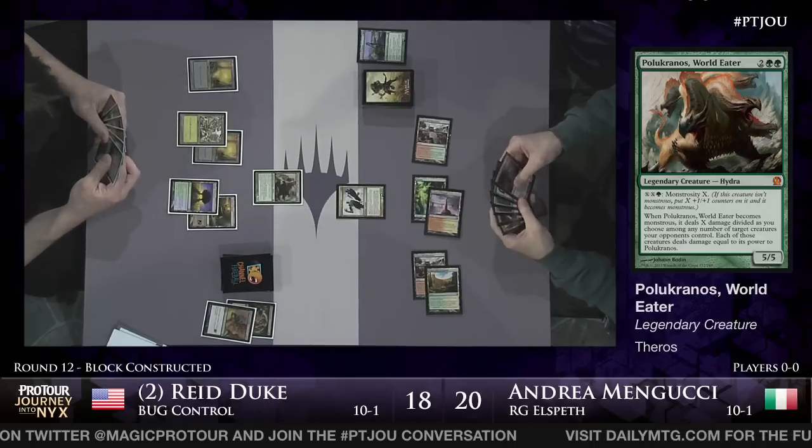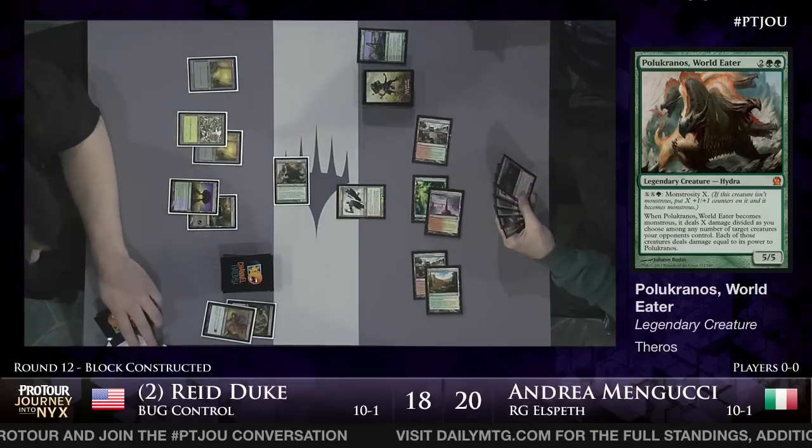And a Polis Crusher there from Andrea Mengucci. That actually is often seeing a bit more play than the...